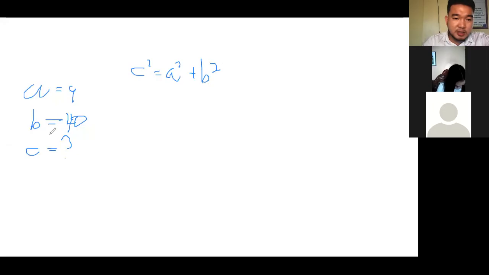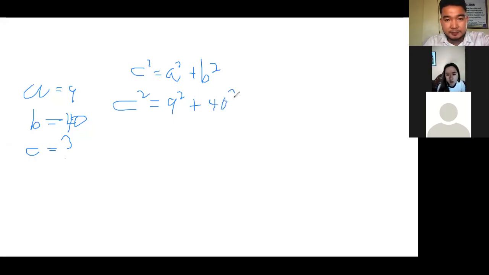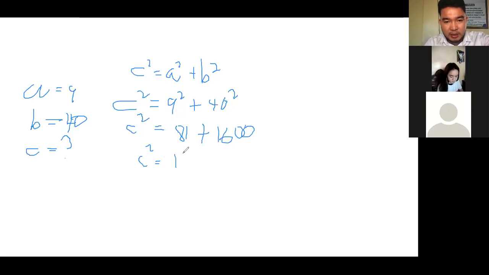Then substituting all the values that we have. So wala si C, kaya rewrite mo lang si C. So C squared equals our A, which is 9. So you will have 9 squared plus our B, which is 40. So you will have 40 squared. Then simplifying it further, you will have C squared equals 9 squared, which is 81, plus 40 times 40 is equal to 1,600. Okay, so you will have C squared equals 1,600 plus 81 is